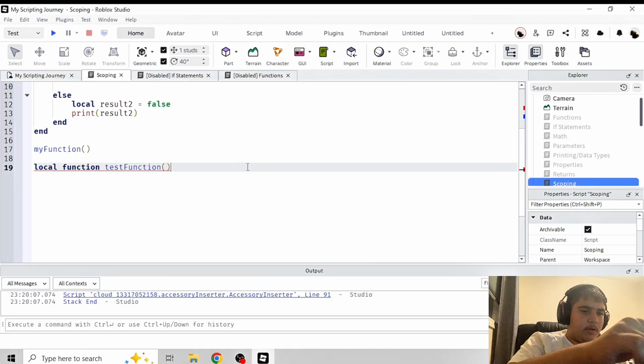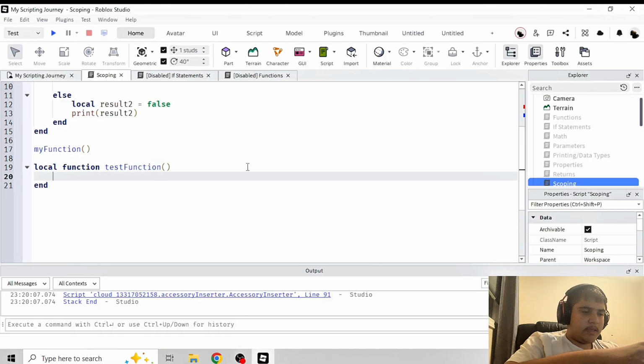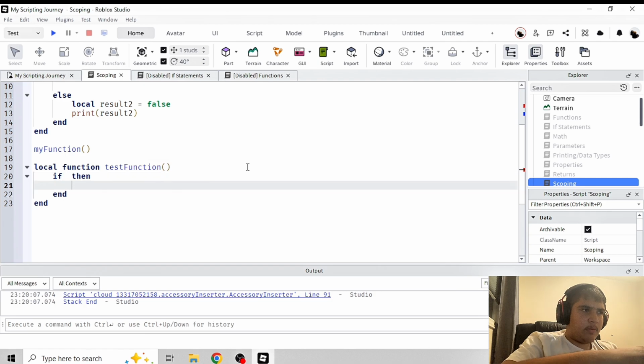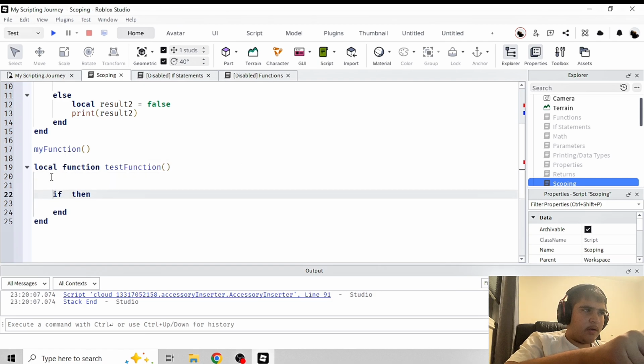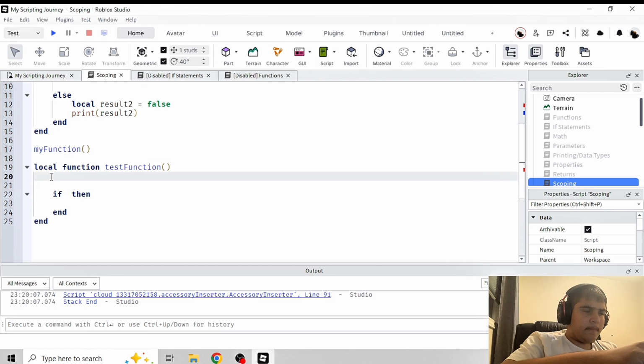Then after that we write this, and then inside we do if. Alright, then we make one variable up here. So local map equals